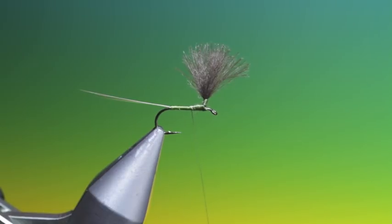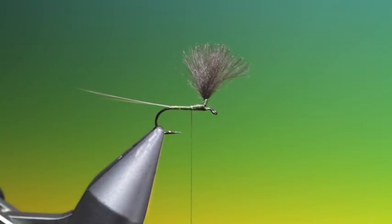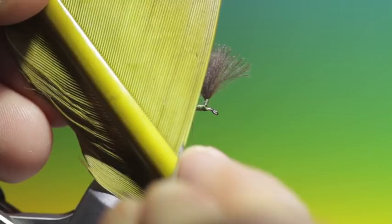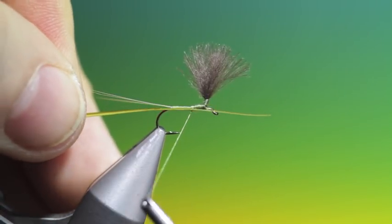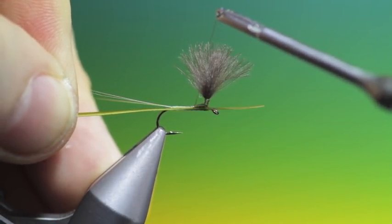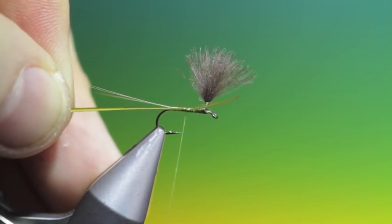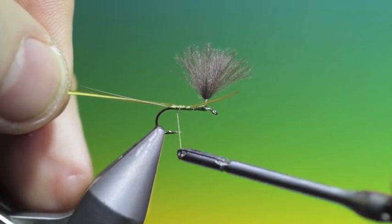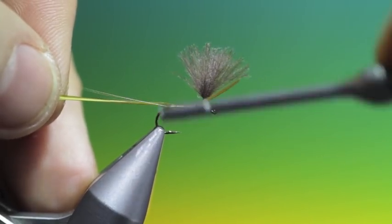So what we need now is turkey biots. These are from Hairline Dubbing. So what we do here is we take the long side and we just separate one fibre with our dubbing needle and trim that off. Then we tie this in, not by the very end of the point because it's a bit weak there normally, about there, and then we'll go back to just before the tail base, and then we'll go back up again and secure that,